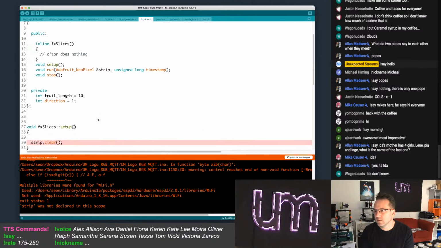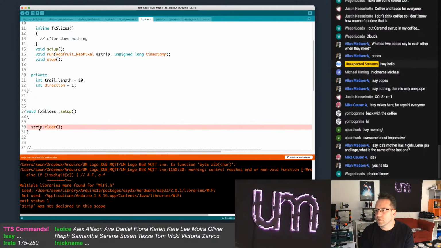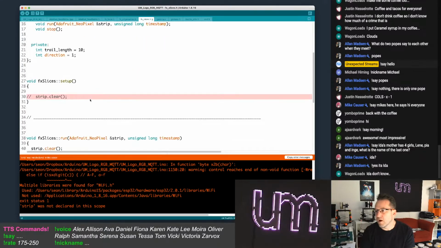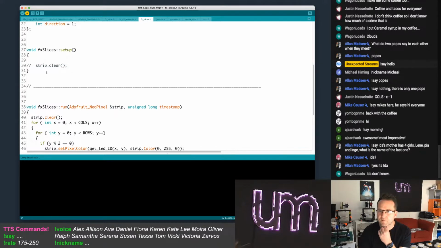Strip.clear. Oh, right. Interesting. I can't do that in there because it doesn't know what strip is. That's fine. I don't need it in there. I'll fix that.